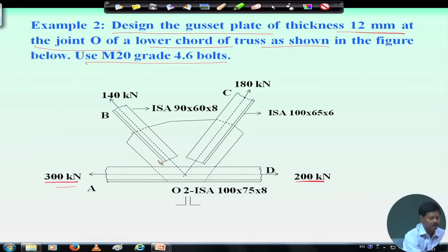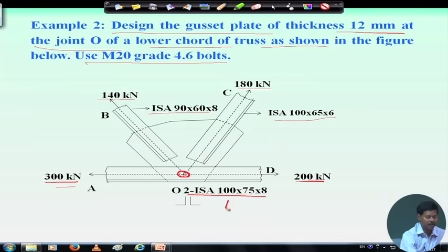Similarly, in member OB, O is the meeting point where the CG of all the members meet. The force on OB is 140 kilonewton, the force on OC is 180 kilonewton, and the size of the angle section of OB is ISA 90 by 60 by 8, and the size of the angle section of OC is ISA 100 by 65 by 6, and the bottom chord is 2 ISA 100 by 75 by 8,